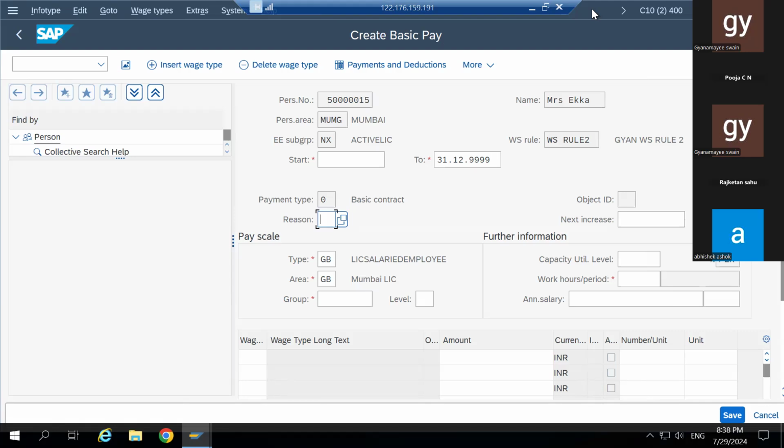What is pay scale type? It's like a contract type, or what kind of employee it is. Permanent employee, temporary employee, or permanent monthly,